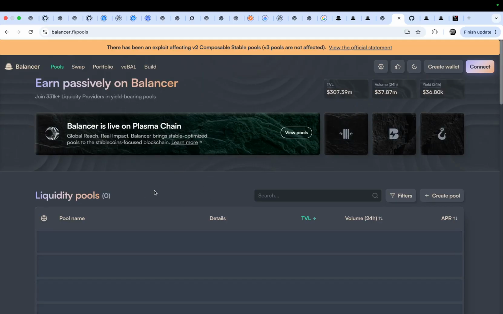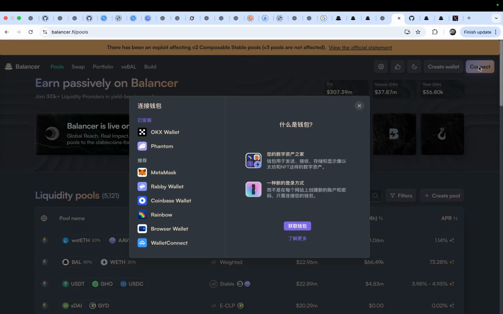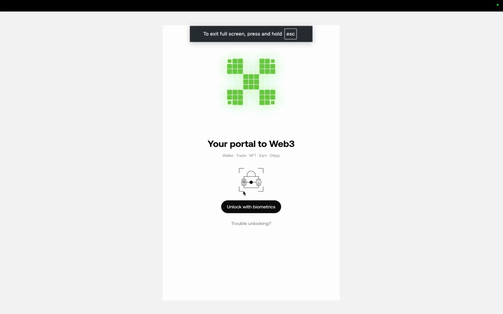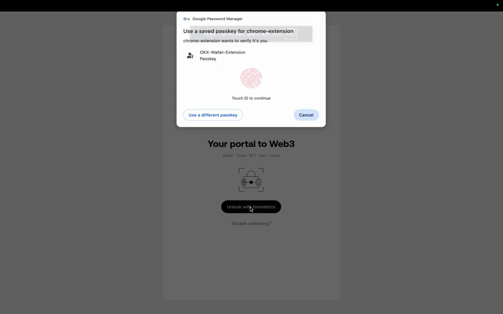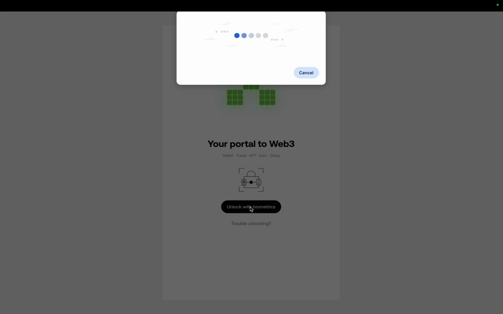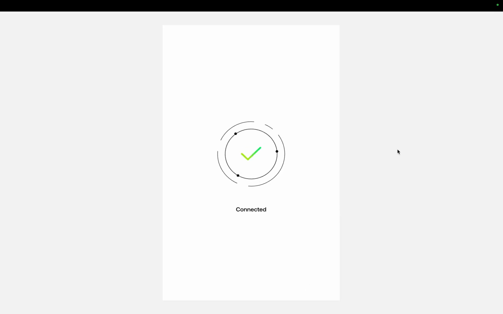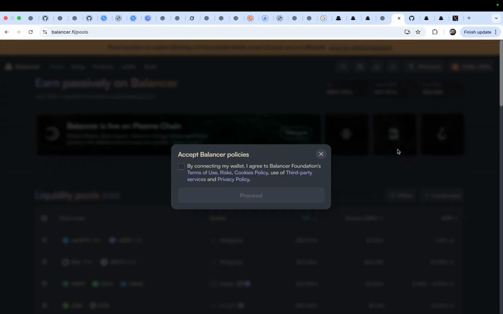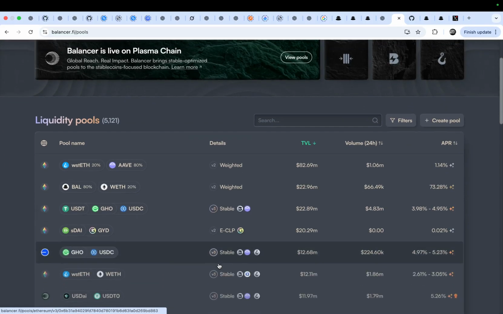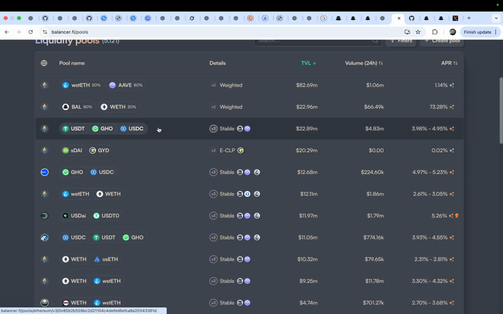Here is the app. You can connect your wallet. Let me try. Connect. Proceed. Let me try some stable.